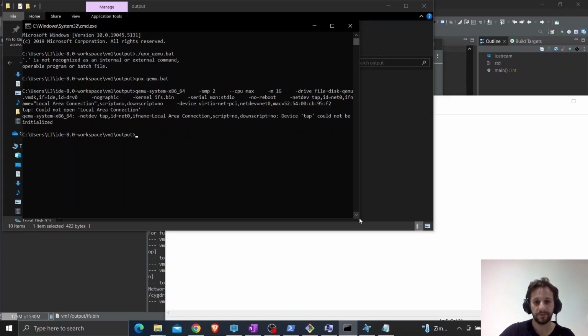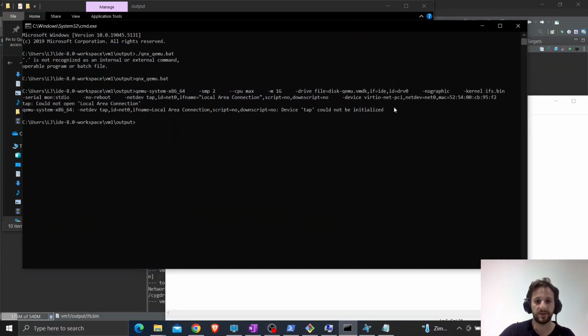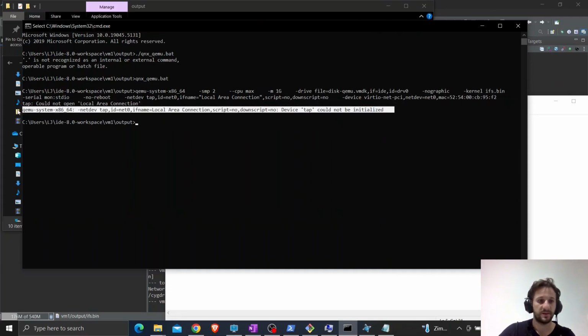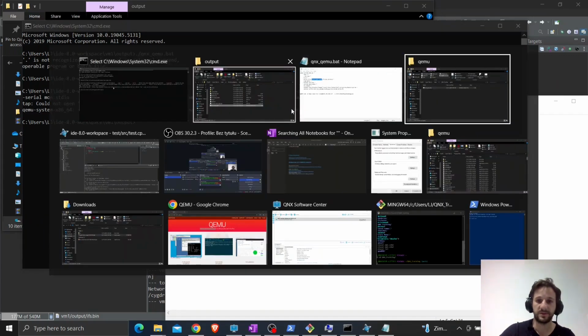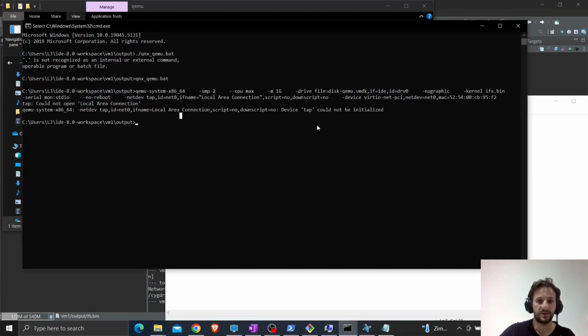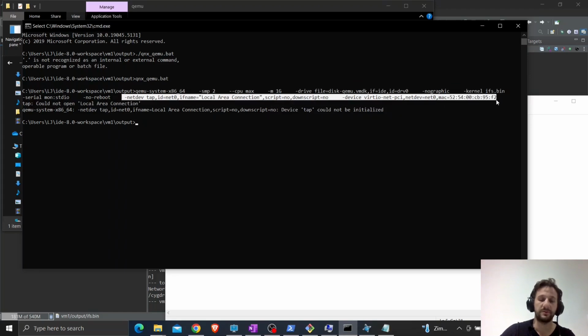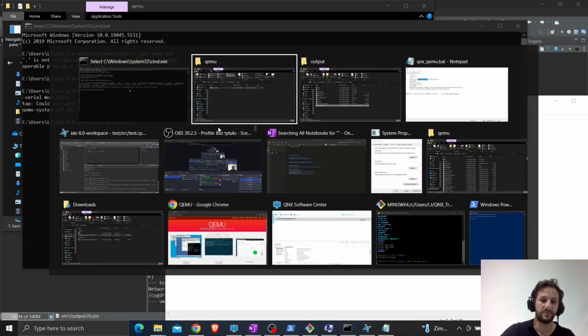Okay, we failed. And this is because we are missing a virtual network interface. This we will install in a second. We could run this without it, just by removing this part from the script. If we would do so, then we would not be able to SSH into our QNX image. And we want to be able to do it, so